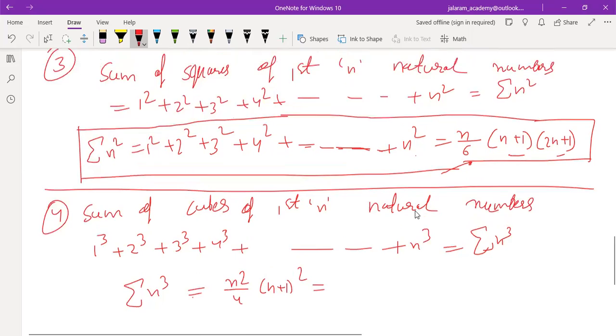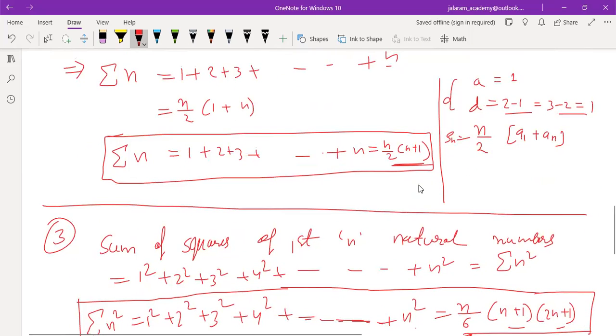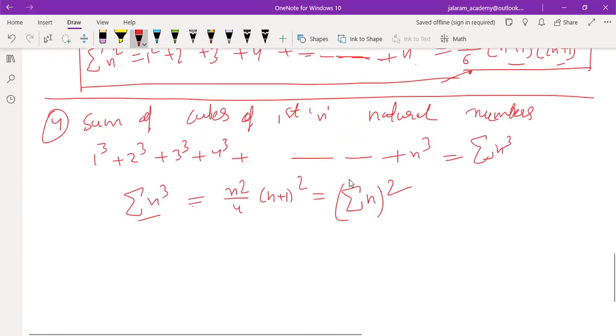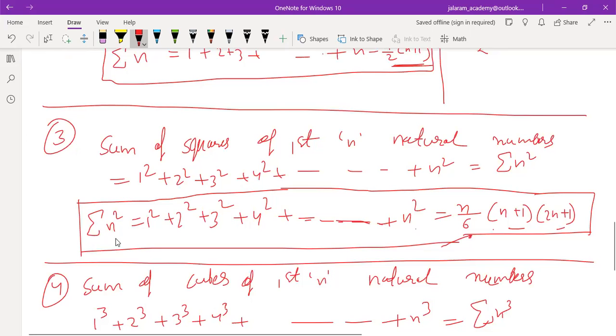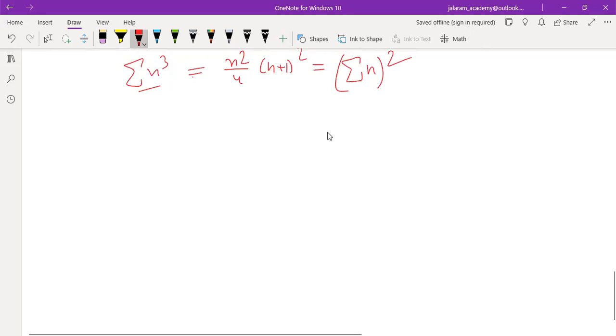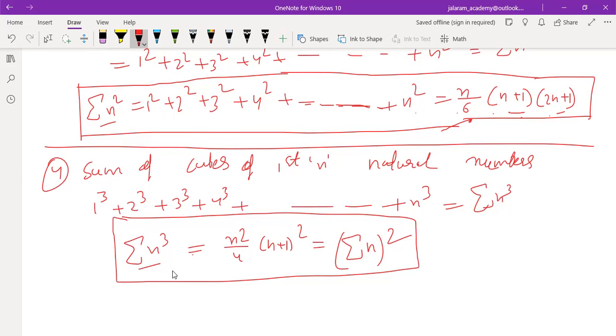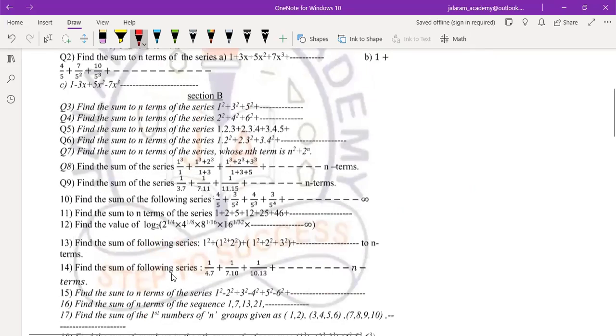Or if you observe the formula for sigma n, it is n by 2 into n plus 1. So we can write sigma n the whole square. Sigma n cube doesn't mean sigma n whole cube. Okay. Sigma n square is different from sigma n whole square. Sigma n square is n by 6 into n plus 1 into 2n plus 1. And sigma n cube is n square by 4 into n plus 1 whole square. So you have to learn these three formulas first of all to solve the questions of special sequences which have